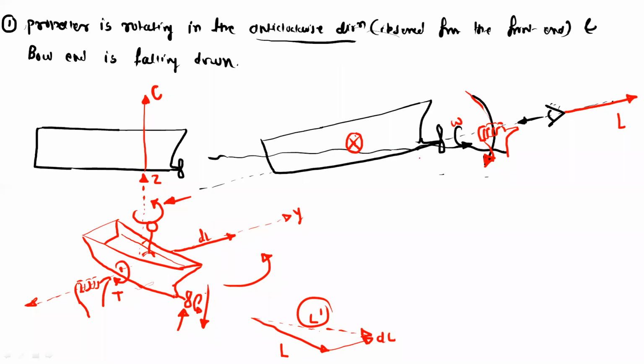So if we change the condition, in this condition the front end is falling down. If the rear end is falling down, okay, then we will observe the reverse effect. So you can try that. Just change the condition. Instead of the bow end, you can make this the rear end, that is the stern. And again, draw these vectors. If you draw the vectors in 3 dimensions, then you can understand this more easily. So I hope you understood how to decide the direction of the gyroscopic couple. It is a bit difficult.